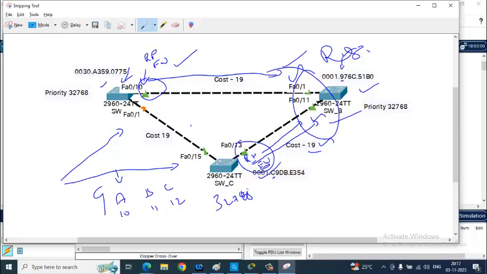What if I want this to be the root switch? I need to change the priority. Let me show you how to change the priority to 0. When I change the priority to 0, what do we expect? Let us first of all discuss that. When I change the priority to 0, what all changes are we expecting? As soon as I change this to priority 0, the BPDU that is running everywhere